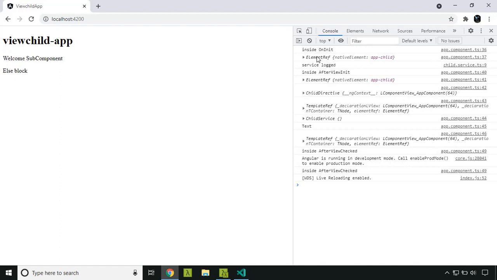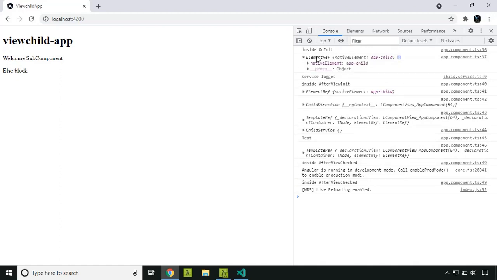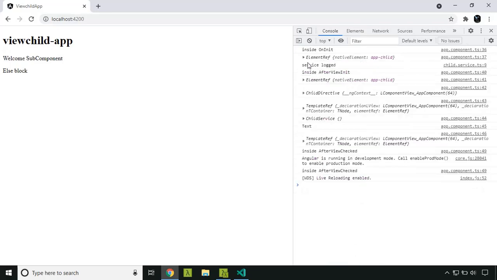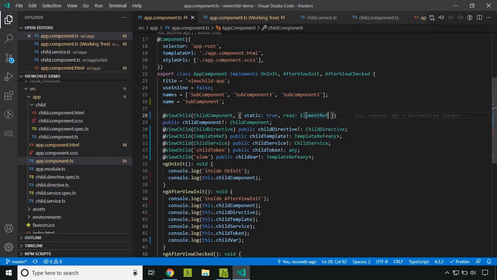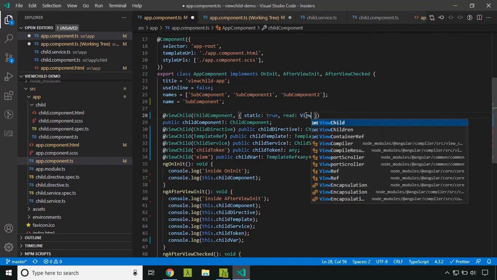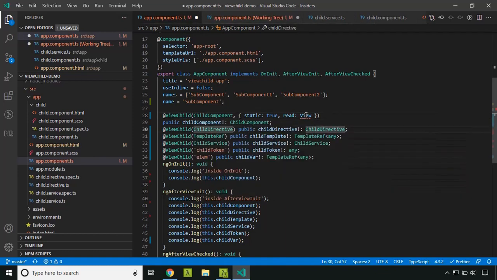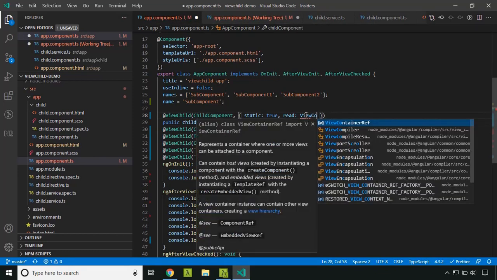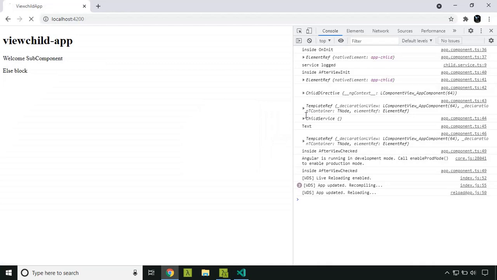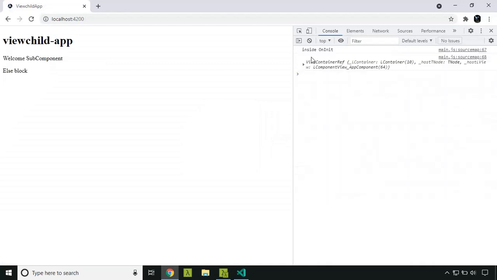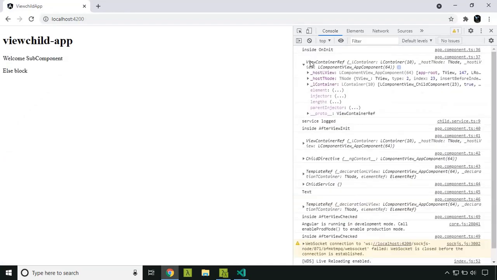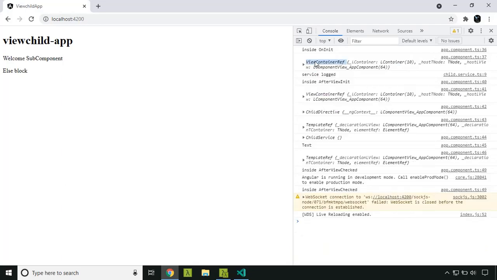So now here you can see that I am getting the reference to the element rather than the component instance itself. Similarly, I can also provide the ViewContainerRef. So here again, I will be getting access to the view container reference.